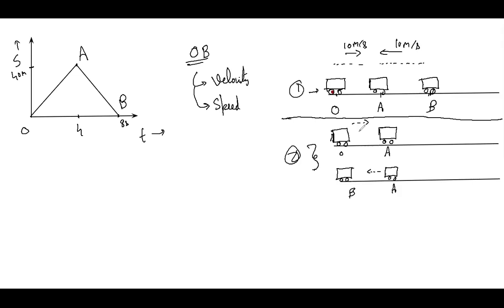Basically, the second one is like this: first, the car is going forwards, then it is going backwards. And in this case, the car is going forwards, and it is only going forwards, and it is stopping at point B. So which one is the correct representation of the graph? Is my question clear to everyone? Or is it going above your heads? I think it is going above all of your minds.